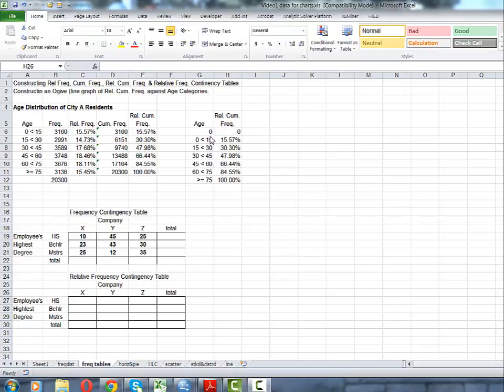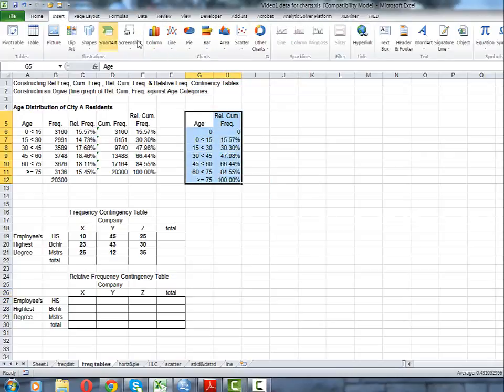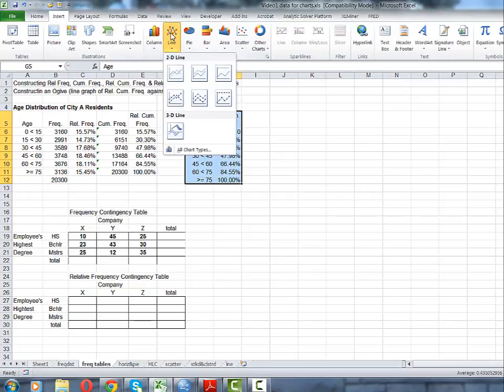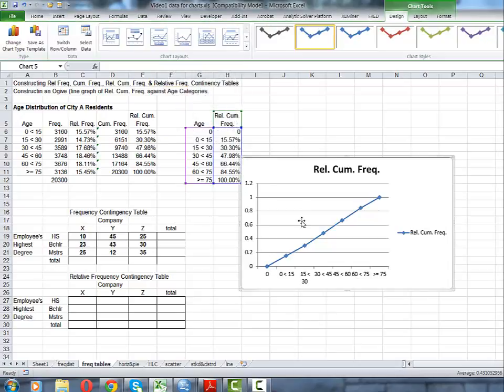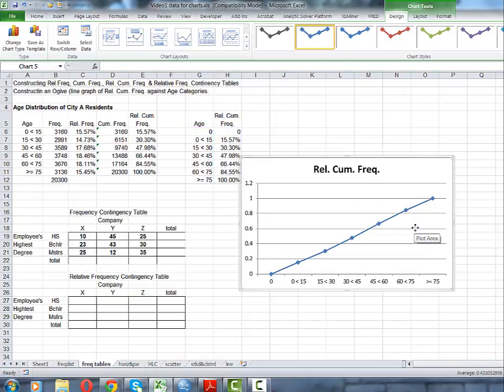And so I'm going to use this then to construct an ogive. So what we'll do is we could just highlight this, go to Insert, Line, and I'm going to select the one with markers. And we have somewhat of an ogive. There's a couple of issues, kind of like the histogram in the other video. First of all, we can get rid of that legend,